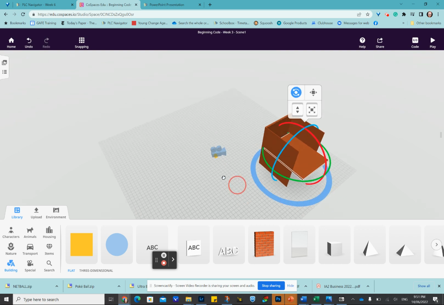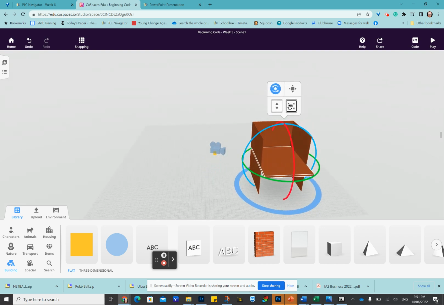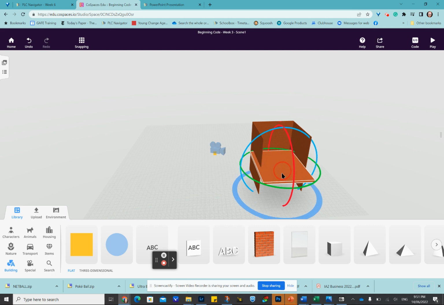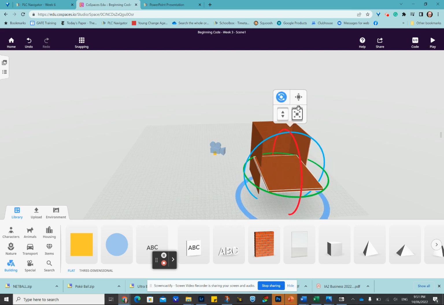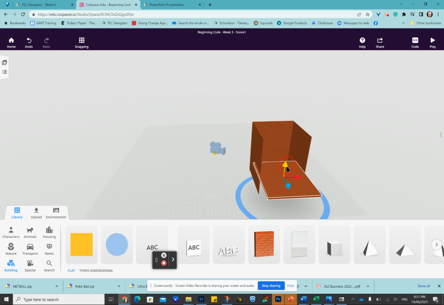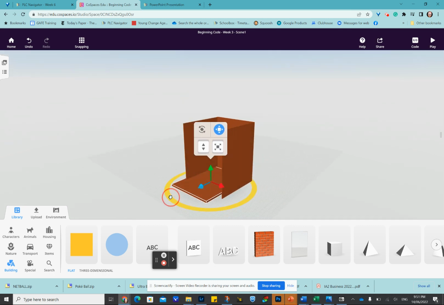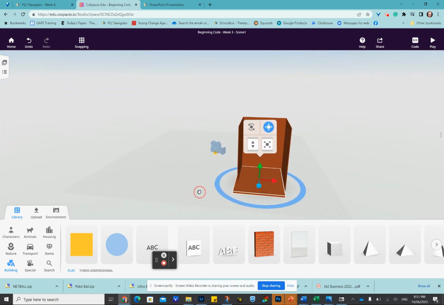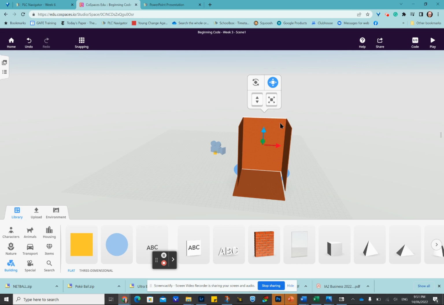Now, I've got that there, but if I have a look at that, it's sitting in the air. So what I need to do is drag that down. So here we go, clicking on this icon here and just grabbing this and dropping that to the ground and moving that in. Let's have a look at our box. Does our box look good? It's still in the air a little bit, so I might just drop that down a little bit more. And okay. Now, I'm going to duplicate this back one again one more time,